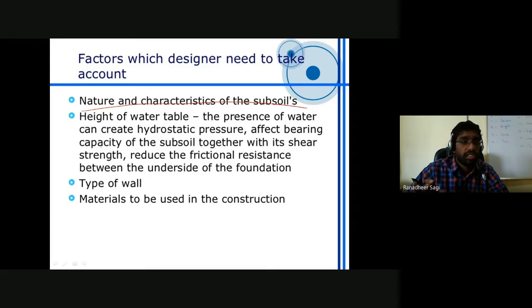But we don't want the strength of the soil to decrease, because if the strength of the soil decreases, then you are going to have adverse effects on the stability of the retaining structure. So for minimizing the effect of pore water pressures, you should have a proper drainage system designed in the process of constructing your retaining wall. All those aspects are to be taken into consideration.